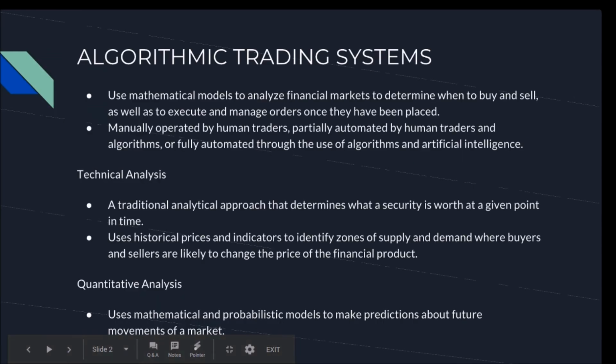Algorithmic trading systems use mathematical models to analyze financial markets to determine when to buy and sell, as well as to execute and manage orders once they have been placed. They can be manually operated by human traders, partially automated by human traders, or fully automated through the use of algorithms